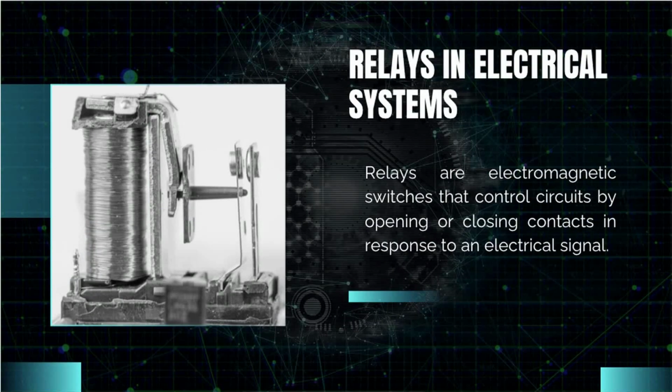Relays in electrical systems. Relays are vital components in electrical systems, acting as electromagnetic switches that open or close circuits in response to electrical signals. Their primary function is to control the flow of electricity between circuits, enabling automation and protection in a wide variety of applications. In this section, we will cover the definition of relays, their types, power ratings, working principles, and common